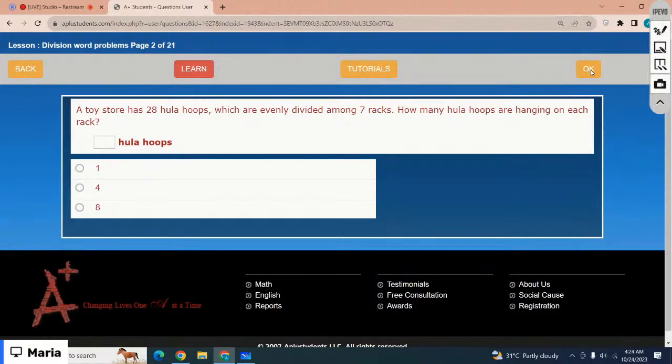A toy store has 28 hula hoops, which are evenly divided among 7 racks. How many hula hoops are hanging on each rack? So, which is the correct option? The total are 28, right? You need to divide them by 7. 28 divided by 7 is